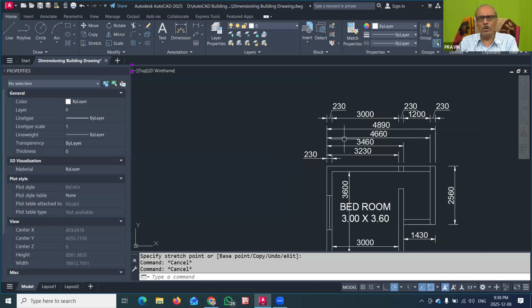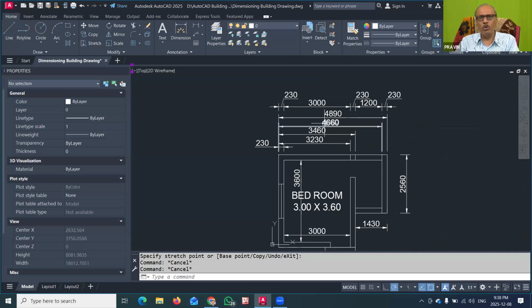So for a building drawing, when we want to draw a center line layout, for every column position or every center line, you want the chainage from one baseline. So in a general building plan, we consider the front plot size as the 0 line, and then for the subsequent column center lines, we add the chainages. So we require the distance from the baseline only. So in such cases, we have to use this baseline dimension option.